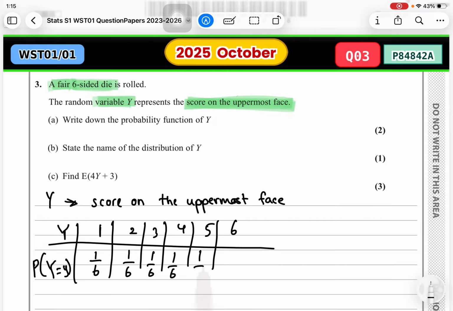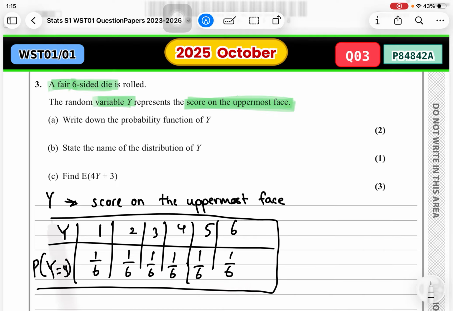Since it's a fair die, everything has 1/6 probability. So if we really check, this is a uniform distribution. Just for your knowledge, the question didn't ask about it, but since this is a revision,